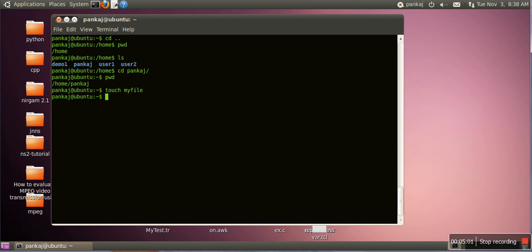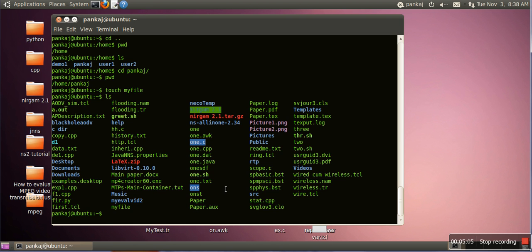Now we want to see whether this file is created or not, so we will run ls command, and here we will see myfile. So here this is our file, myfile.